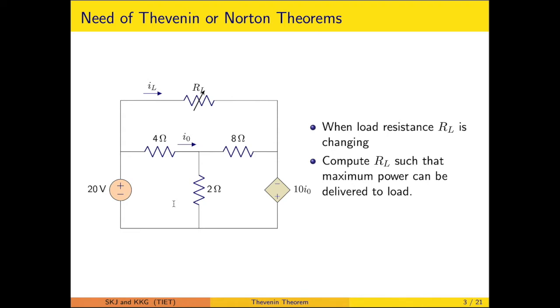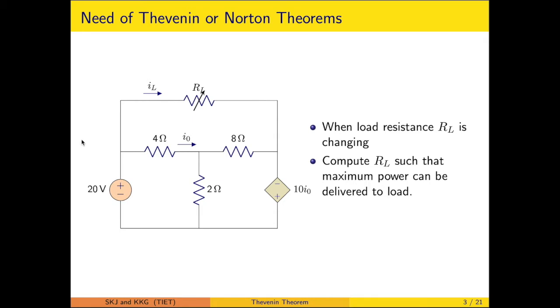For the next or a different value of the load resistance, we have to frame this particular set of equations again, and the solution has to be obtained. So whenever the load resistance is changing and we are interested in finding out the load current, we have to frame the set of equations again and again. That involves a lot of computational effort. On this aspect, the Thevenin theorem can be of much help to us.